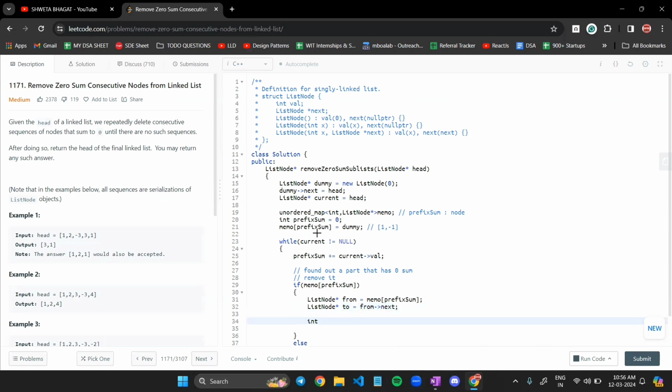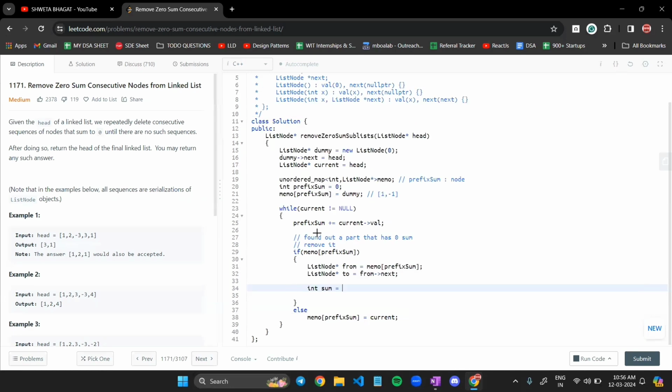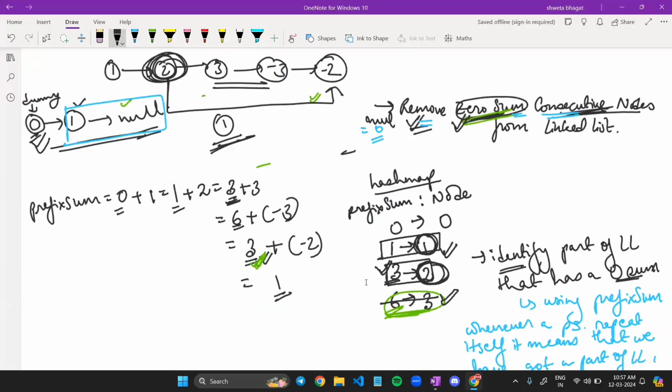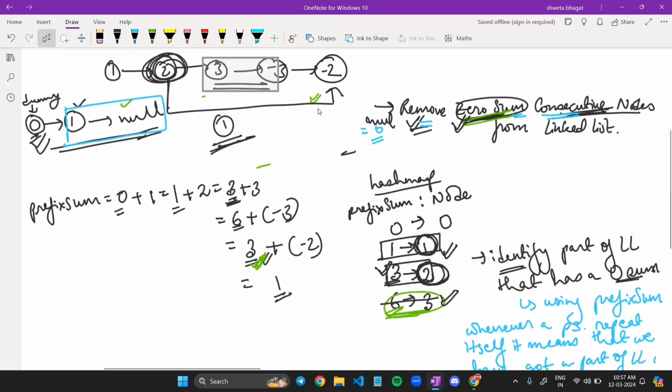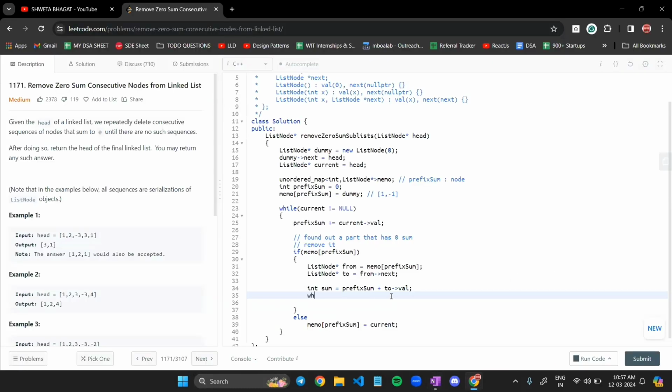And let's say that sum is equal to the current prefix sum plus the value of this node, right? Now what we are doing over here is deleting these entries. We were deleting the prefix sums for the part which we are deleting. If we delete this part, we also have to delete the prefix sum which we found for this part, right? So we will say, while this sum is not equal to the prefix sum,